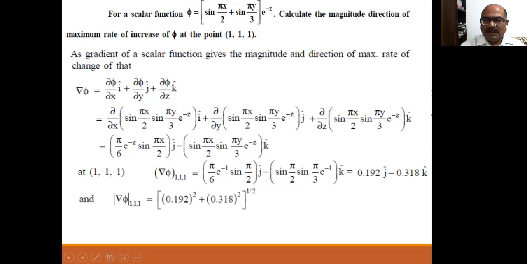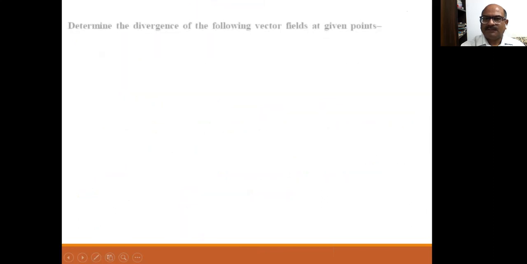And because we need to find the magnitude, for that vector, the magnitude is, I hope all of you can understand how to calculate. It's very simple: 0.37. So all the points asked in the question are solved, and we calculate the magnitude and direction. Okay. So direction is j cap, del phi by del phi. So in that manner, it's the unit vector.